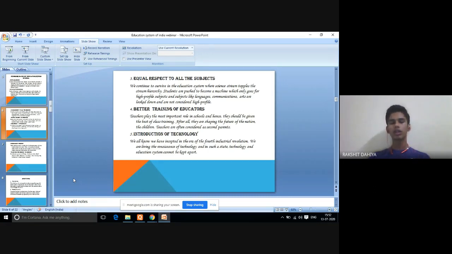These are the extra co-curricular activities that India has, and we all perform these activities. So, sports, we can use sports if education is not necessary, we can use sports, music, dance. These other options are also there. We move to the fourth point: better training for educators.